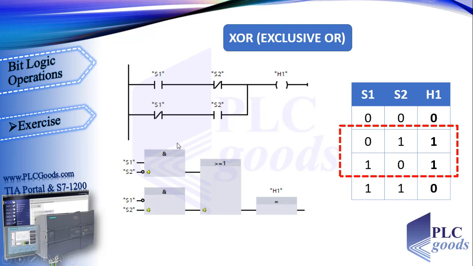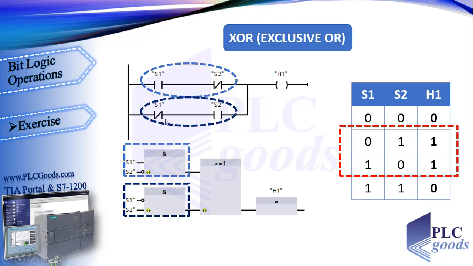Let's compare them. In the first line of the ladder program, S1, which is a normally open contact, and S2, which is a normally closed contact, are arranged in series. So S1 and S2 make AND logic. As you see, the inputs of this AND block are S1 and inverted S2. Similarly, the second line in the ladder program and the second AND block,